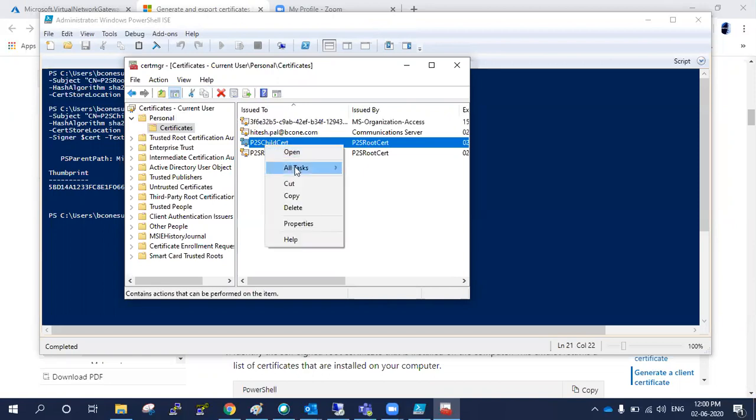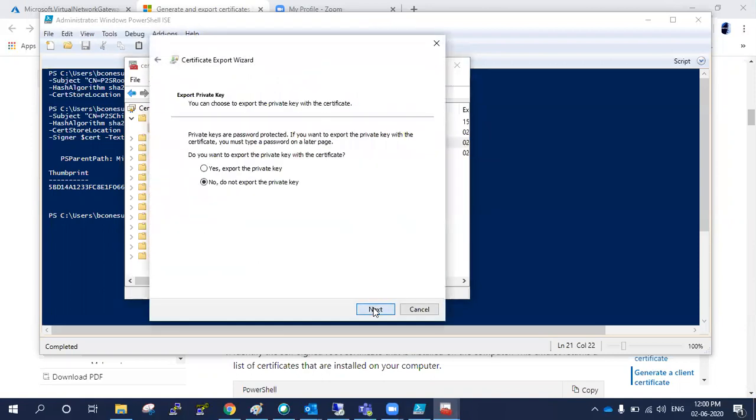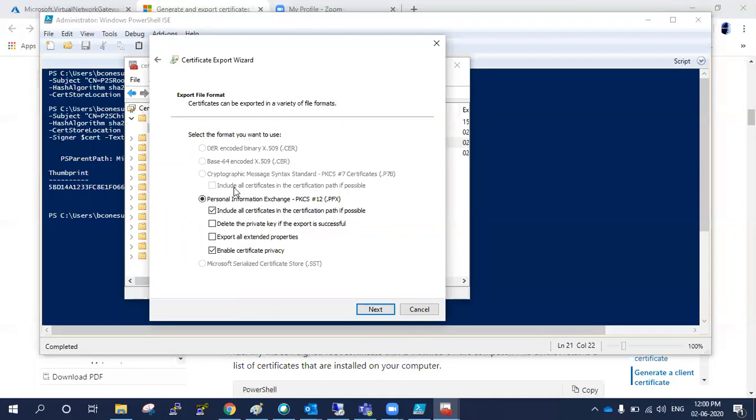For export, same, you go to all tasks, click on export. Next, you need to choose yes, export the private key. So I am selecting yes. Next. One more thing, when you save this certificate, the extension should be .pfx.